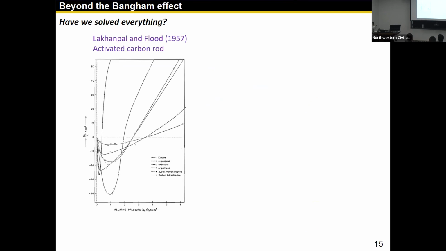Coming back to the sorption deformation problem, have we solved everything? I was pretty happy after that paper was published in the JMPS, and then I came across this literature showing a similar test on an activated carbon rod. These are different types of gases, 1957. You can see their test shows that initially the sorption will induce a small shrinkage regime, and then after that, it's the usual Langmuir-type expansion. And that applies for all gases they see.